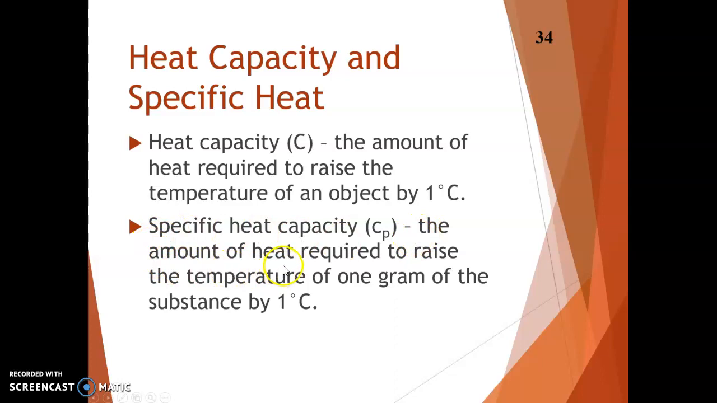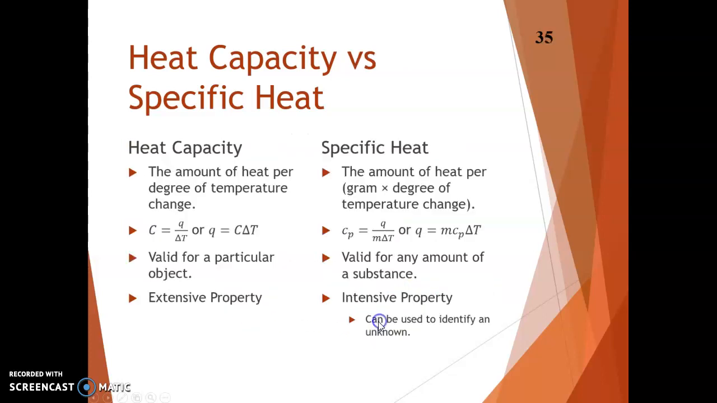The amount of heat required to raise the temperature of 1 gram, that's the difference, of a substance by 1 degree Celsius. Now let's look at a little compare and contrast of these things, because they're not the same thing. So heat capacity is a measure of the amount of heat or energy per the amount of temperature change that takes place, while specific heat is a measure of amount of heat per grams times the number of degrees of temperature change. So if you write that as an equation,